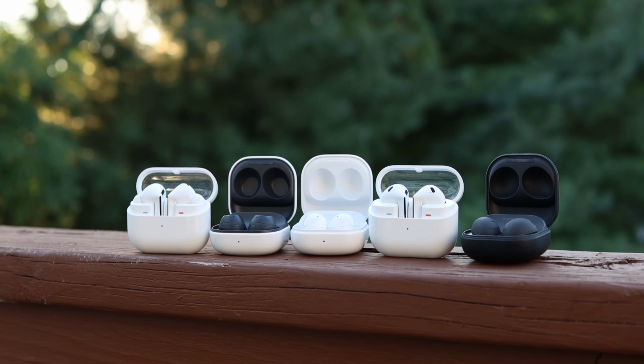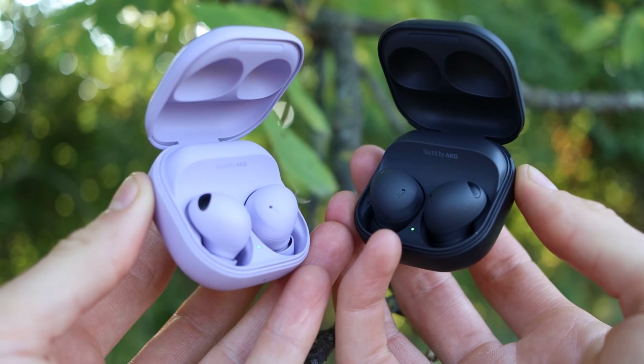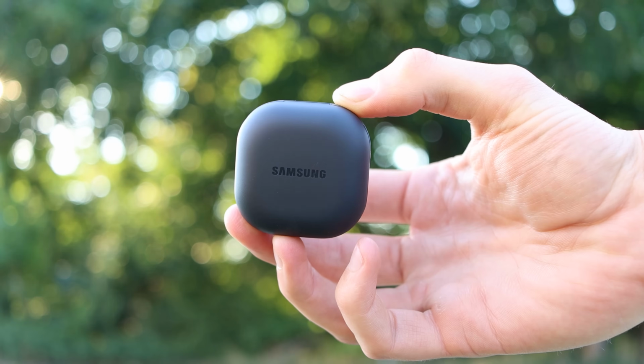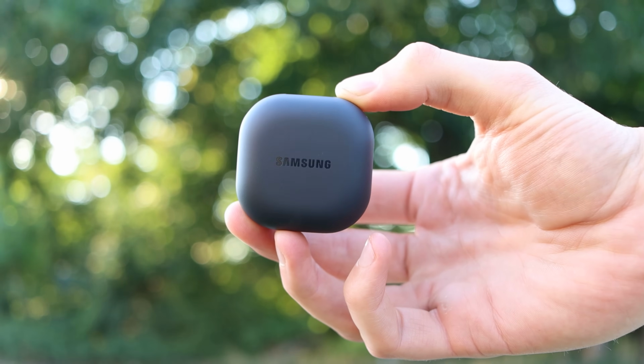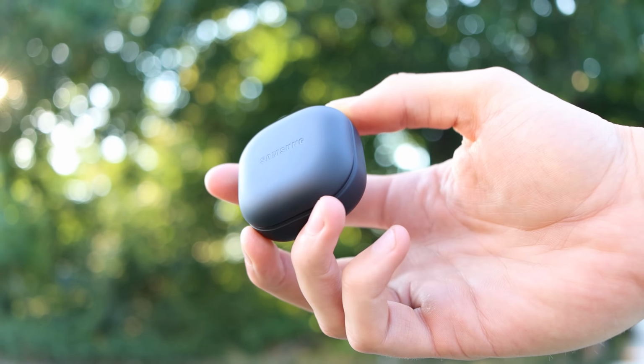And as far as durability goes, I have to say the Buds 2, I don't know, mine are broken right now, so that can't be a good sign for their durability. Otherwise, I haven't had any issues with the cases on any of these. Honestly, even scratching, they all hold up really quite well. The Buds 2 Pro, though, I will mention, it's a softer plastic, so it seems to kind of weirdly collect dust on it. Things just kind of stick to it a little bit more than the glossier ones